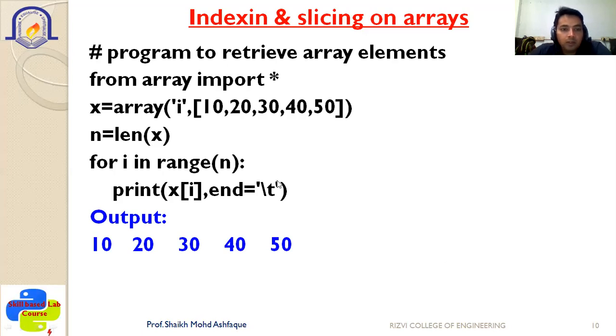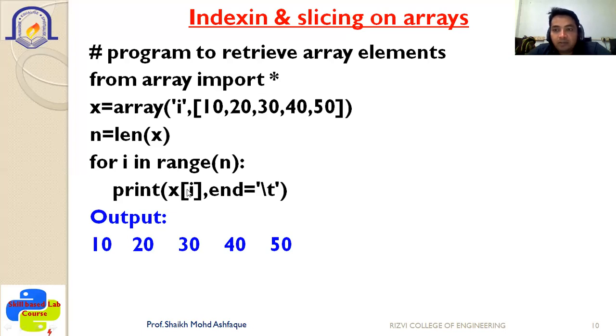Okay, fine. So here length is calculated for X, and it will be stored into n. Then for i in range n, we are moving from 0 to n minus 1 location. And then we are printing X of i. i refers to an index value, and we are moving to the data stored at a particular index. And then \t, we are using end, that gives a tab in between the two data which you are printing. So you can see the output here, 10 space 20 space 30 space 40 and then space 50. So here we have used the indexing, that is X of i. At a particular index we can print the data.